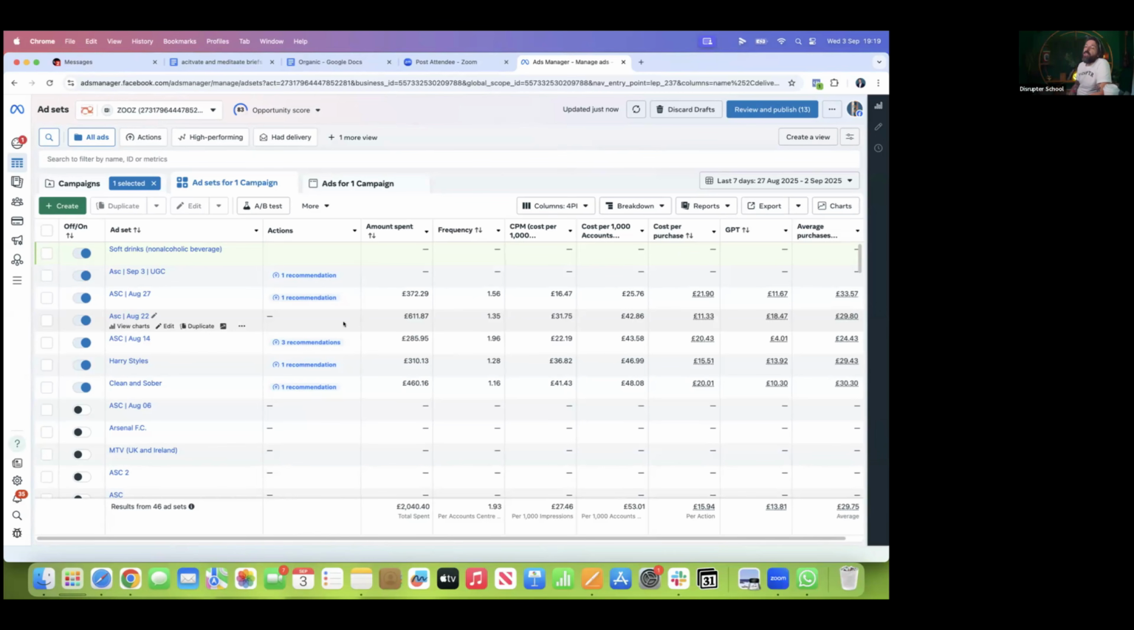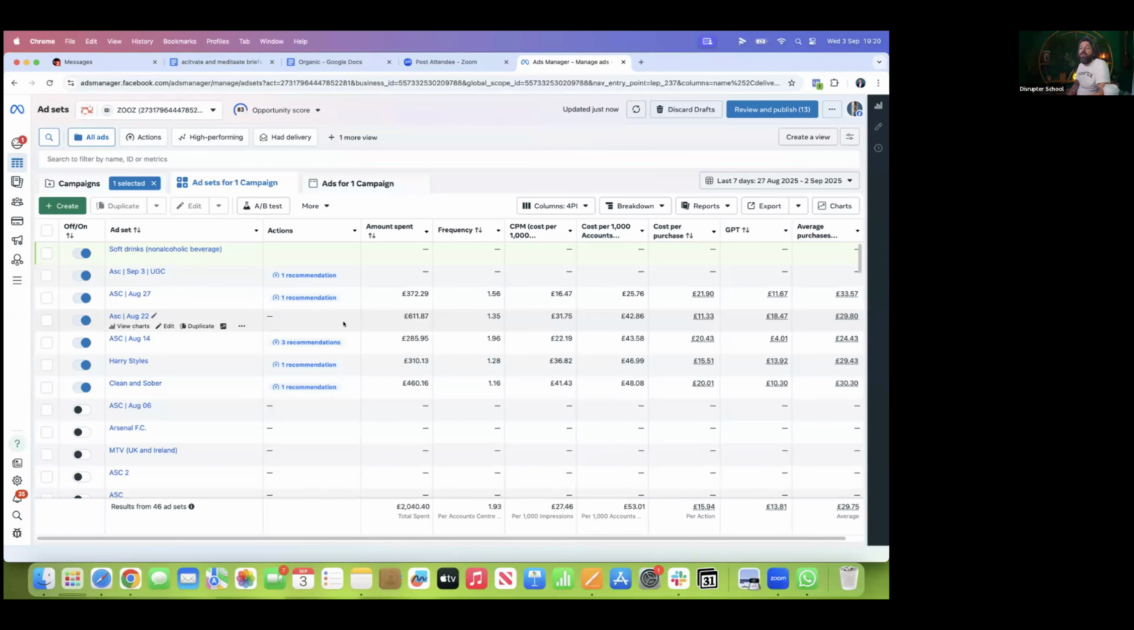What you're going to find is you're going to have some ads that have an above average cost per purchase and a below average gross profit per transaction. Basically, you're going to have some ads where on average it costs you more money to make less. Having those campaigns, those ad sets, reflect a smaller and smaller percentage of your delivery is